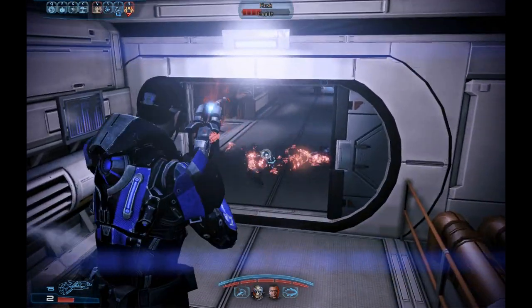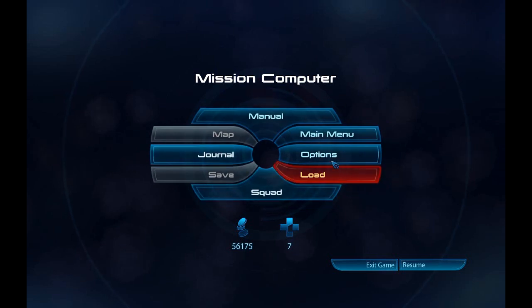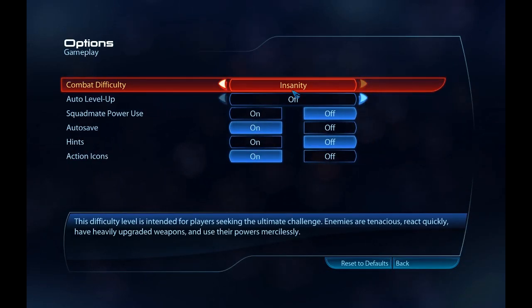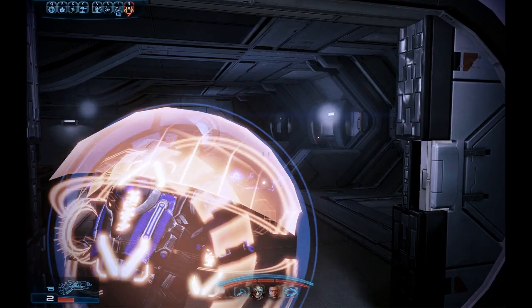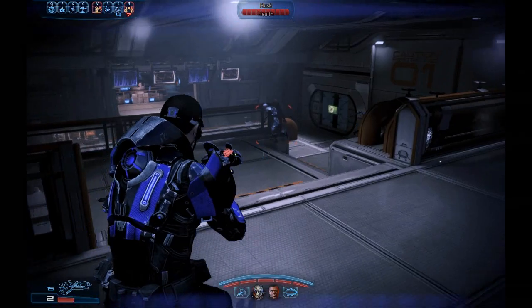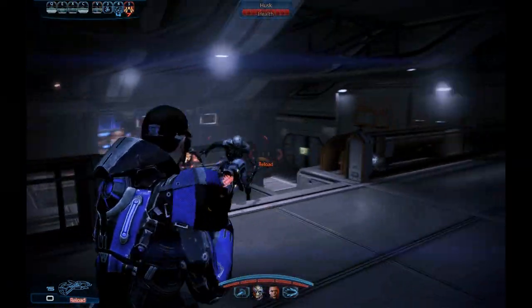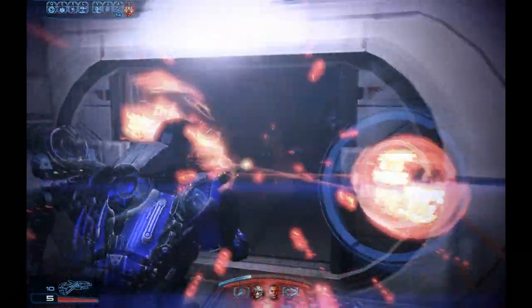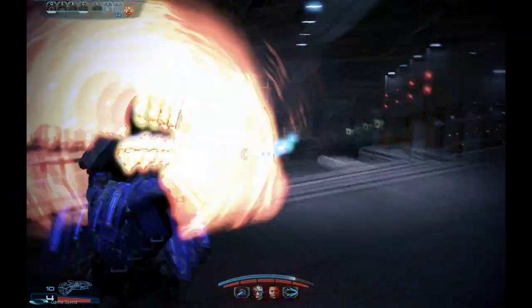And it was to the point that I was afraid that I wasn't playing on Insanity anymore, so I actually checked it right now. I thought maybe it bugged out or something and I wasn't playing on Insanity. I guess it's just easy now because I'm such a high level. I think I am almost level 40 at this point. Definitely nearing the end of the game, I would think. And I've done pretty much every side quest, everything in the game, so...